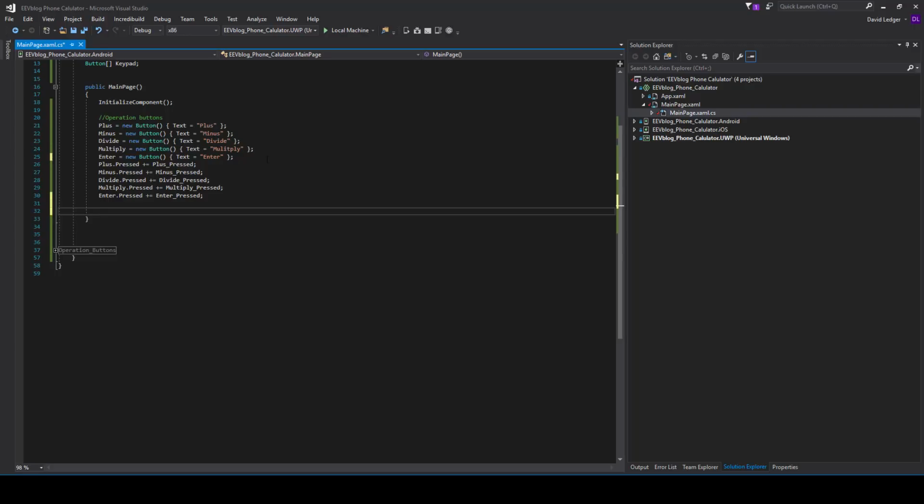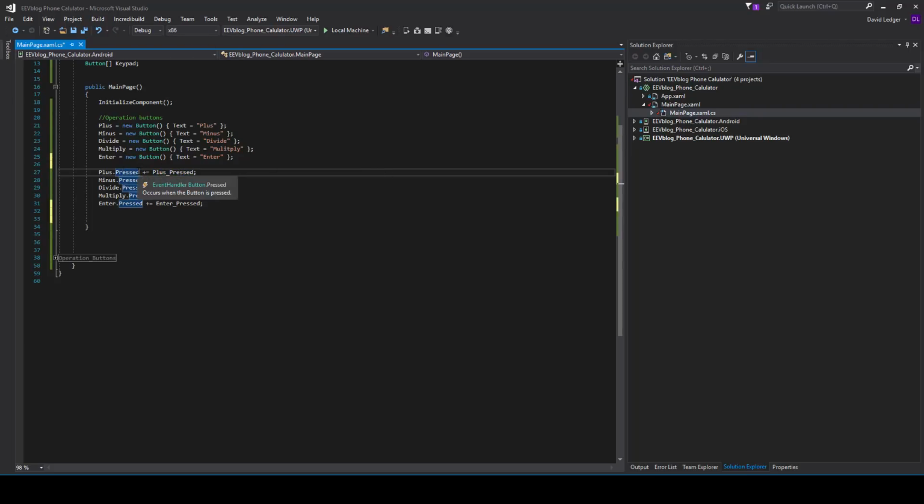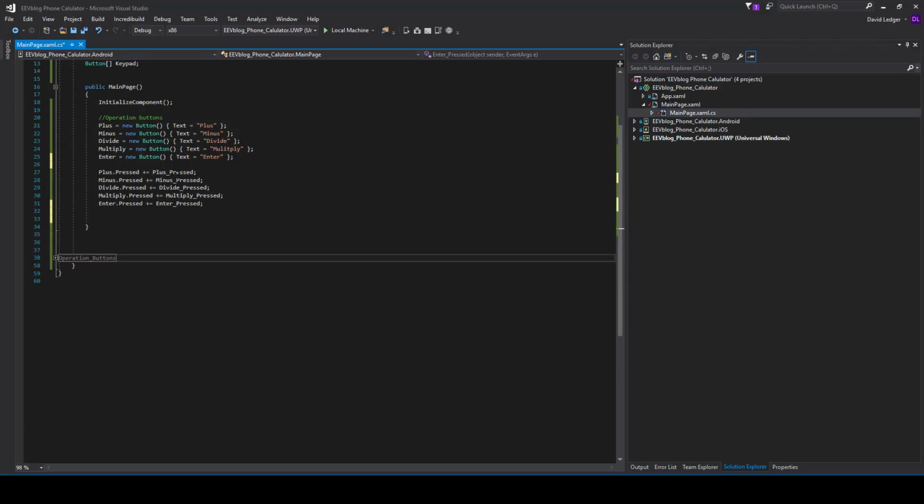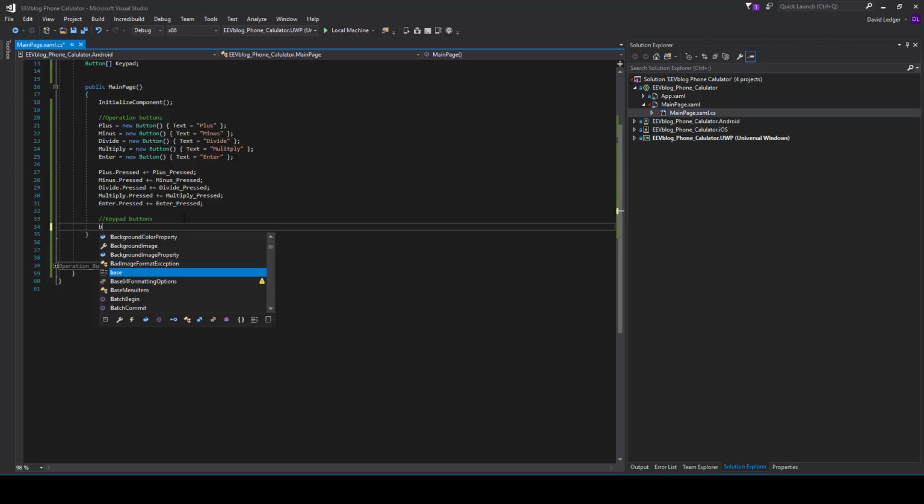We don't actually care about this. This is self-explanatory. These are called events for everyone who doesn't know. This is the key pressed event. So when someone clicks the button, like I'm clicking that thing, it will run this function. It's just like a normal function, a block of code which runs when that press event occurs. Anyway, keypad buttons. So to set up the keypad buttons, I'm going to do a foreach var